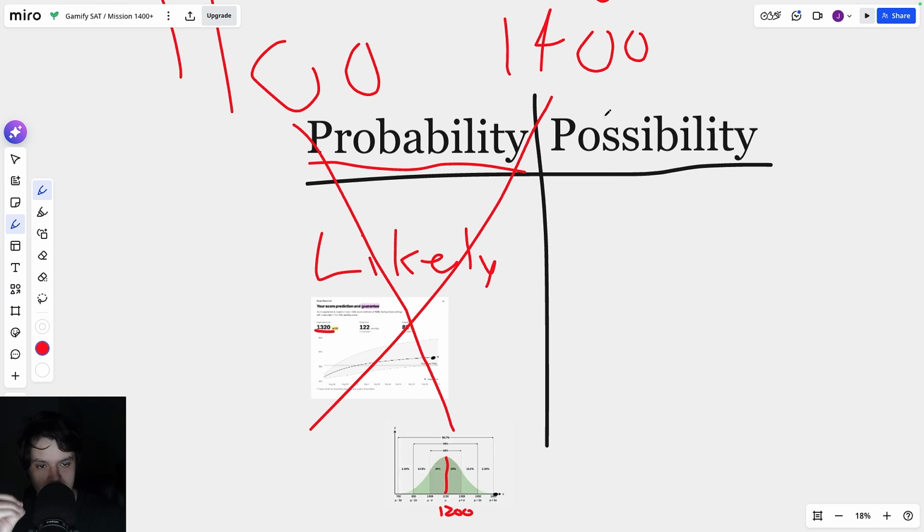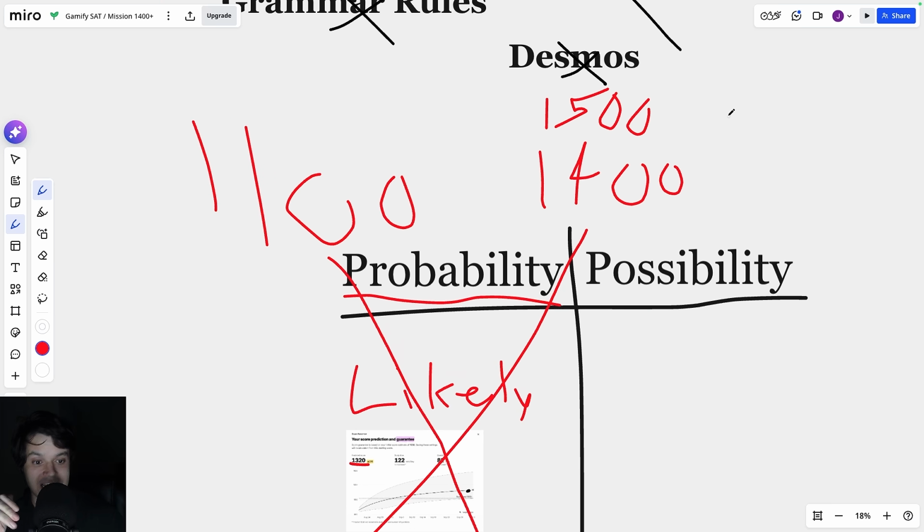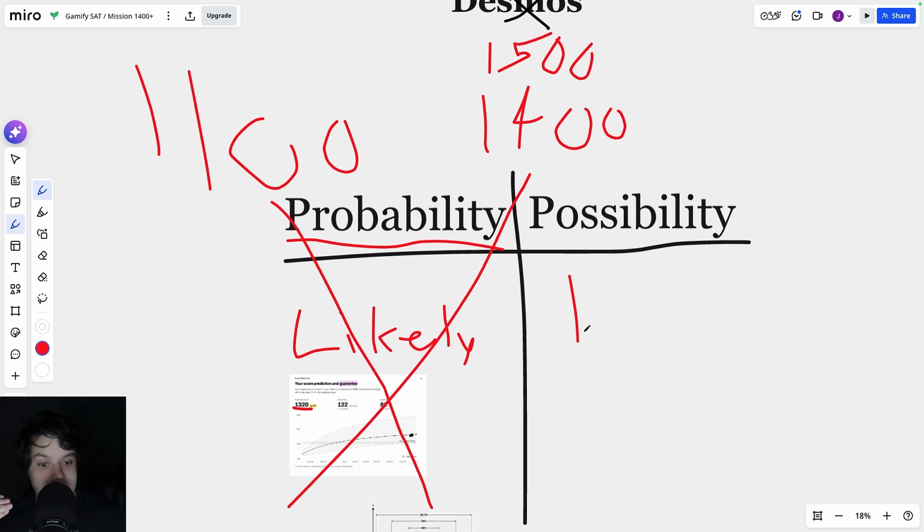All that really matters for tomorrow is what is possible. And if you're trying to get to some score increase, it always is possible. No matter where you are right now, there is actually a chance you could get to a 1600. There is a chance you could score 200 points higher than your practice test. There is a chance you could get a score way higher than all of your friends. It is always possible. It may not be likely, but that literally doesn't matter.